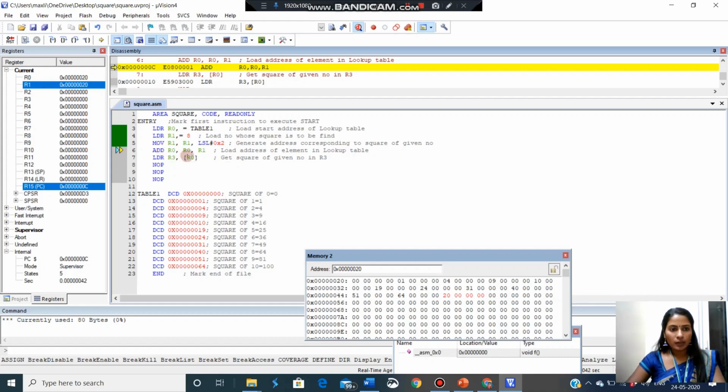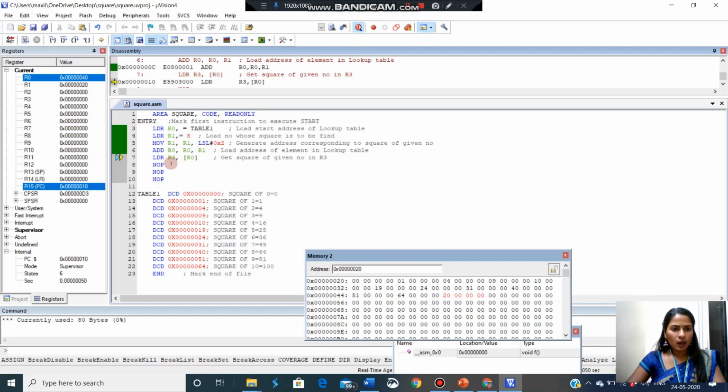Now ADD R0, R0, R1. R0 is 20 and R1 is also 20. So when you add these two, you will get 40. That will be available in R0. So next R0 will become 40. R0 is 40.